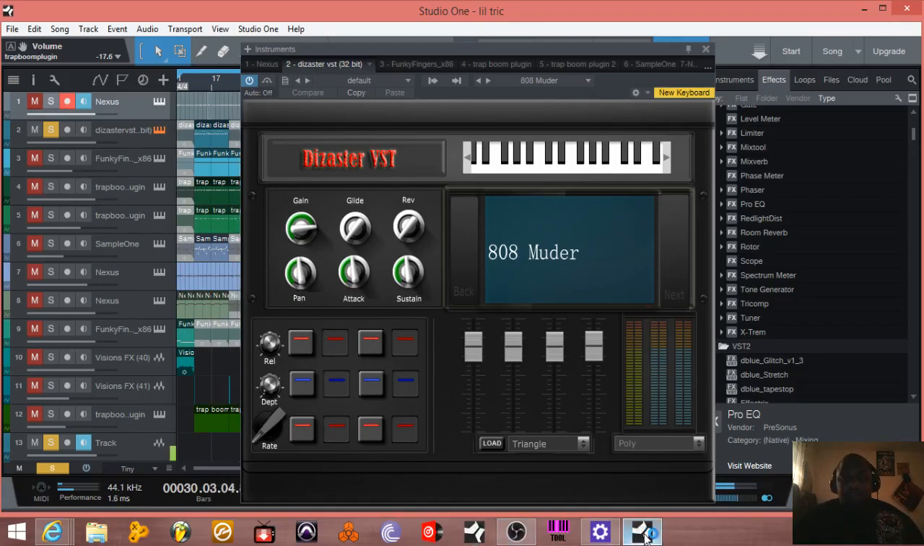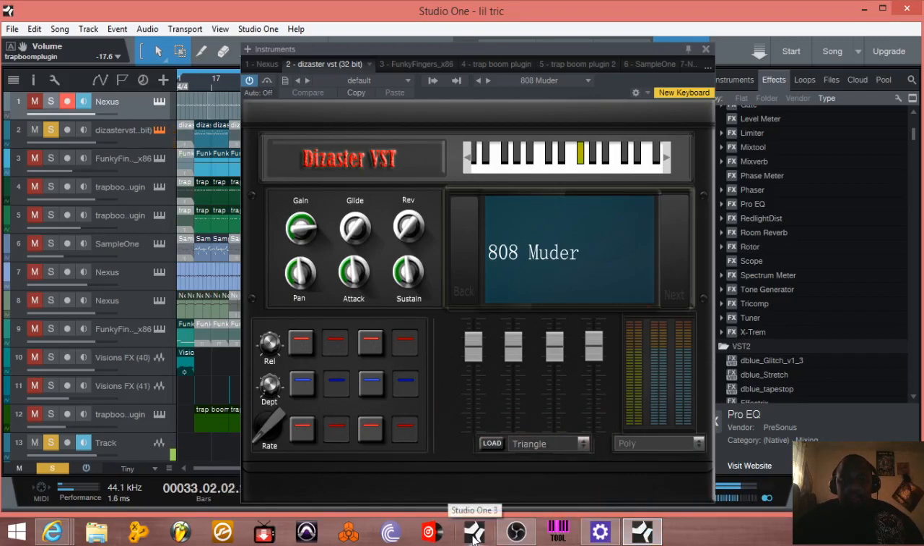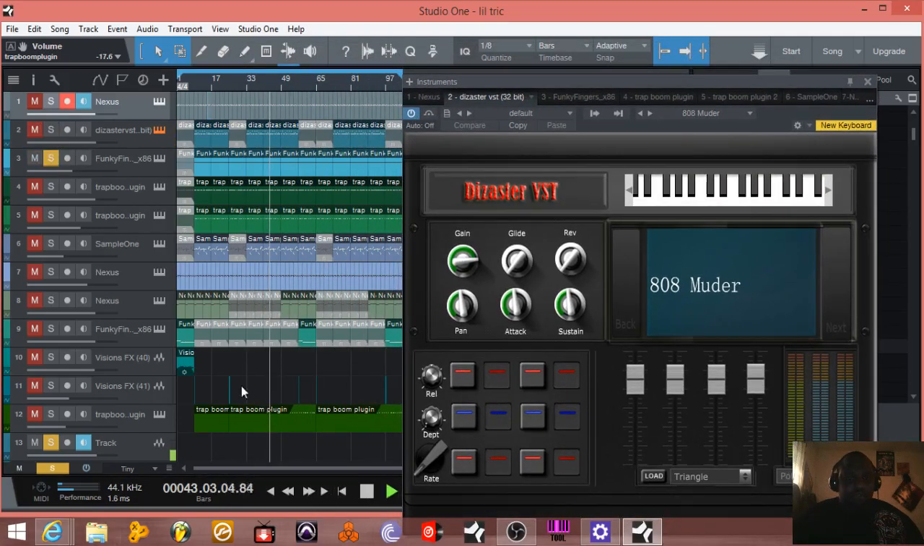But I have both versions of Studio One, the 32 bit and the 64 bit, and that's like a higher quality. But it's all quality. It all sounds good to me. So that's all it takes for me, as long as it sounds good. But here is the Funky Fingers. That's what I laid the chords down with,